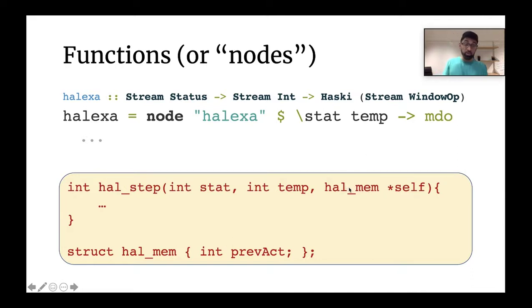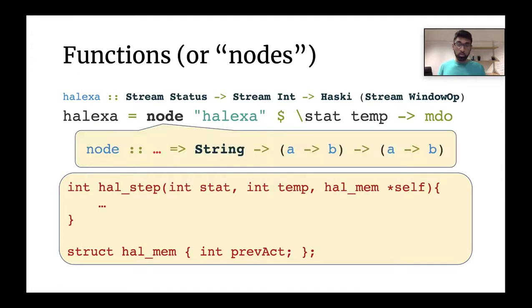In this case, the bookkeeping argument is used to retain some memory, which is exactly the previous act that we had defined earlier, right? Because the only piece of memory that we need is to keep track of the last successful update in the action of the user. Okay, so like I said, the magic is really behind the node combinator, which has